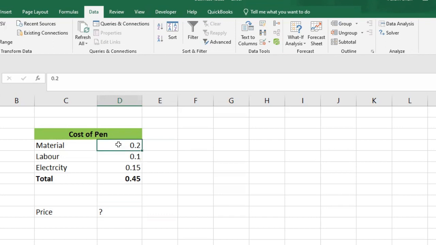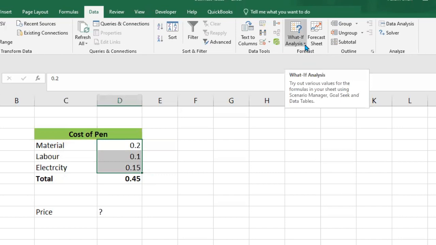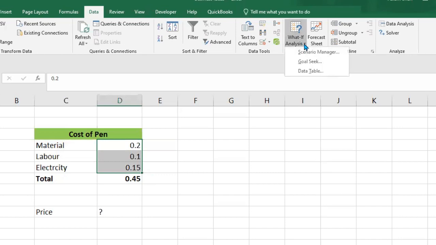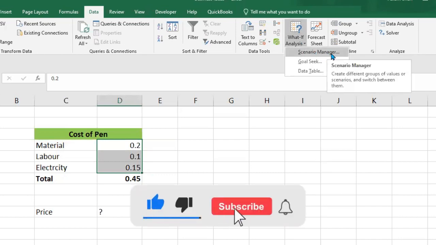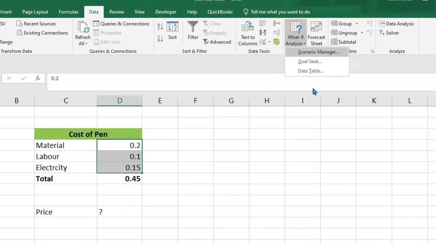So the first step is to select the cost or the cells where you expect the changes may occur, and then go to the Data option and click on What-If Analysis, and here you have Scenario Manager. Click on Scenario Manager,